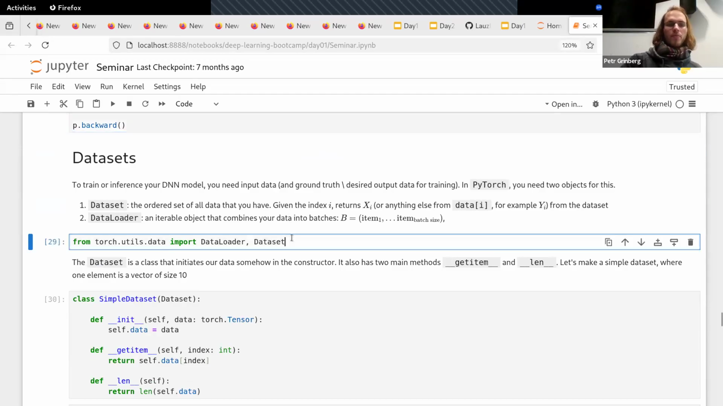Yeah, so that's about optimization and automatic differentiation in PyTorch. As we discussed, one thing that we will need for deep learning models is our data sets. So in PyTorch, we have two things for this. One is called Dataset, which is an ordered set of all the data that you have. So one element of this dataset is a pair of,